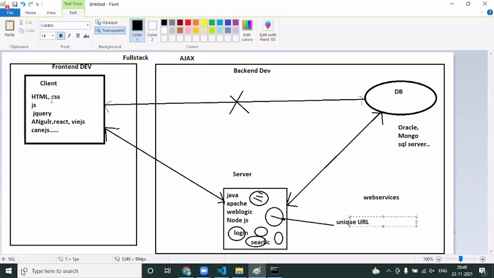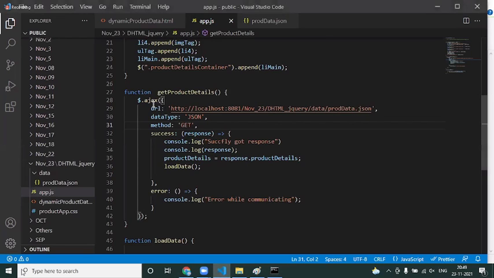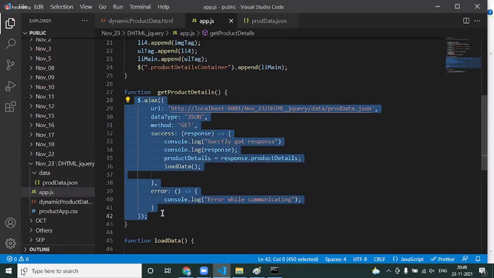From the front end, if you have to receive data from the server, what is the only thing you want? A unique URL. Exactly, that unique URL is the web service URL. Now, this is the piece of code we have written from line number 28 to line number 42.